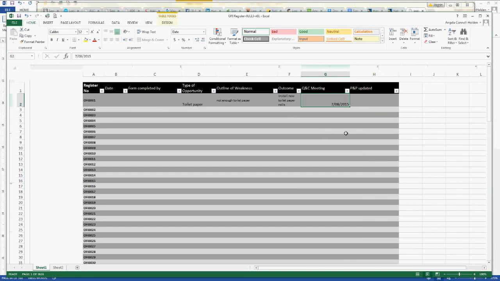Eventually, what we're doing with Unicorn is we're going to have these registers on Unicorn. So you will have access to these registers on Unicorn eventually. That's our ultimate goal with Unicorn, that it will be your continuous improvement. Everything will be in there for your continuous improvement, and you'll be able to manage it within there. The other thing that we're going to be doing, I'm going to stop sharing that screen now.